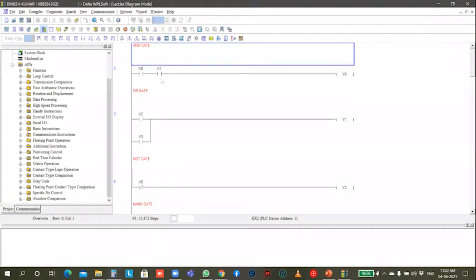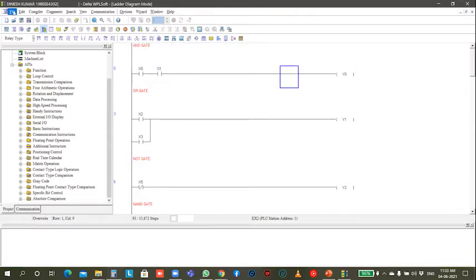Okay, everyone. This is the Delta programming software, WPLSoft version 2.49. We can program here and transfer the program from this PC to the PLC for the machine operations. Today I am going to teach you what the basic functions and options are. From tomorrow onwards, we are going to program ladder logic programs.